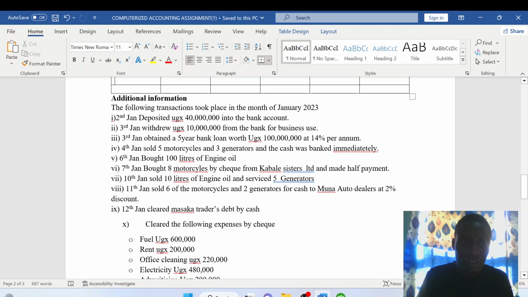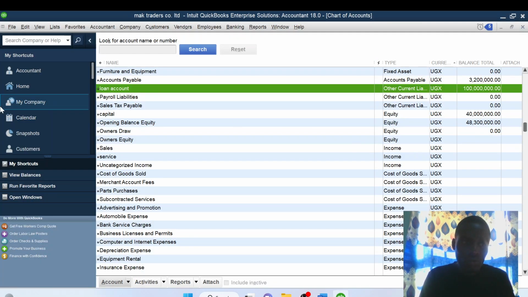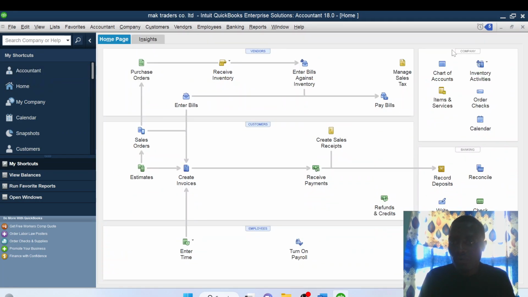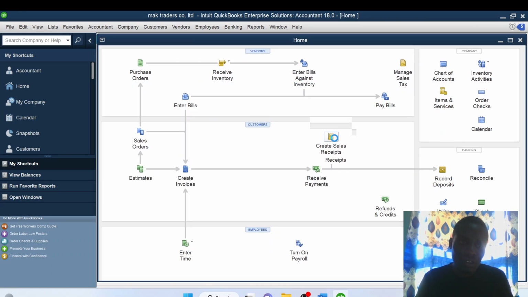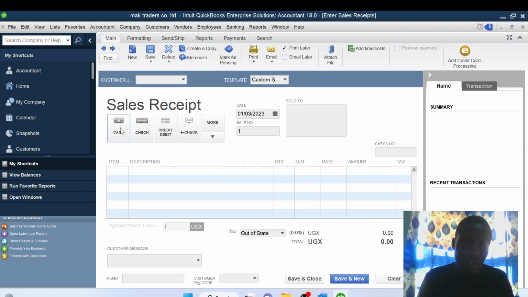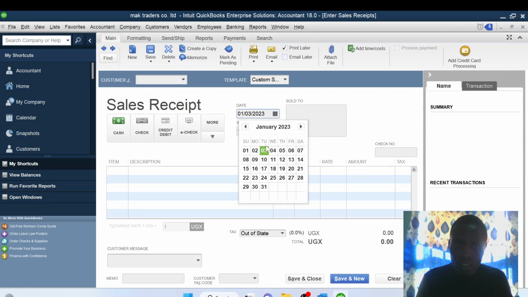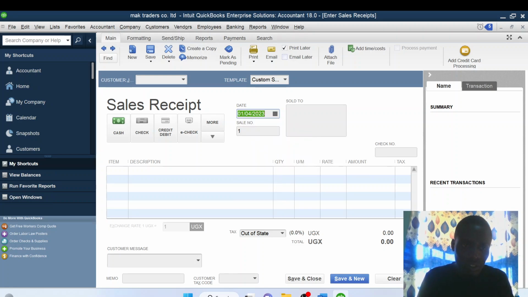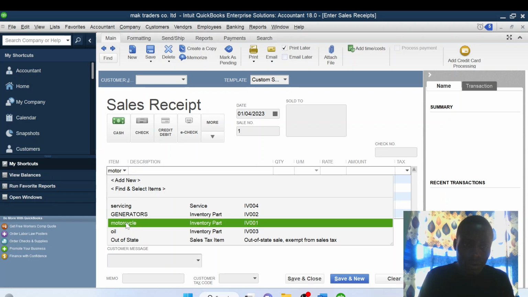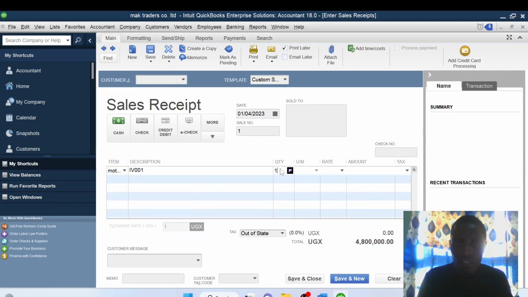Then another transaction on 4th January: sold 5 motorcycles and 3 generators, and the cash was banked immediately. So here I will go to home. I go to sales receipt. So I'll come under cash. Then the date. So it is item number 1, motorcycle. So the quantity